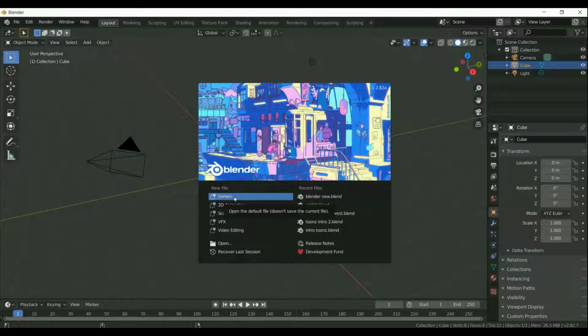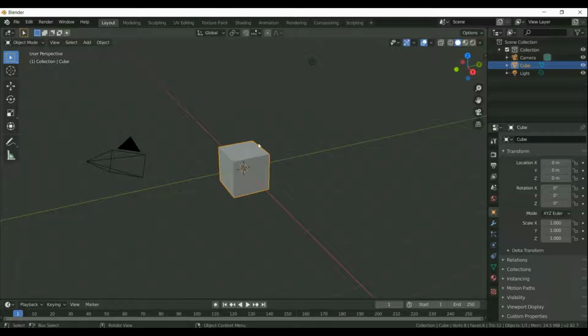So click on general, and in general we can see there's a default cube, and a camera facing the cube. Through this camera we are capturing our animation. The movements are captured through this camera for doing animation. This is our object. So let's study the different tools seen on the left corner.